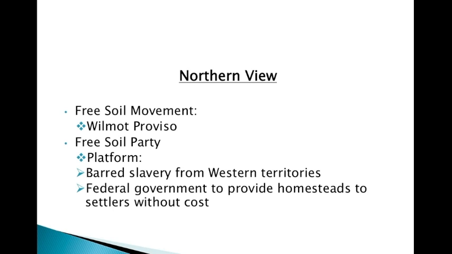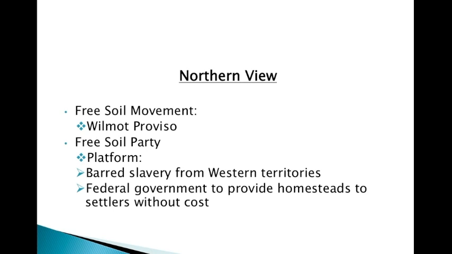They felt that slavery was not contributing to the economy, that the only people that were benefiting from slavery were the southern plantation holders. So they felt that the federal government should give homesteads to American settlers to encourage them